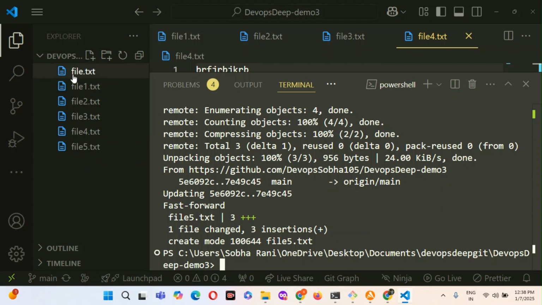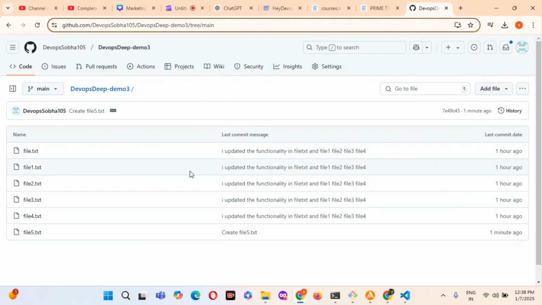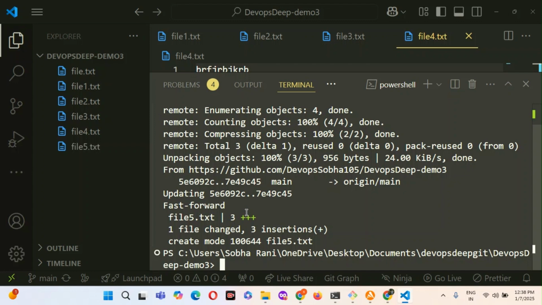Git push means pushes the file to the GitHub repository. Git pull means whatever your friends, the other people working on the same project, add, those files are pulled as the latest changes to your local machine. So that is git pull.